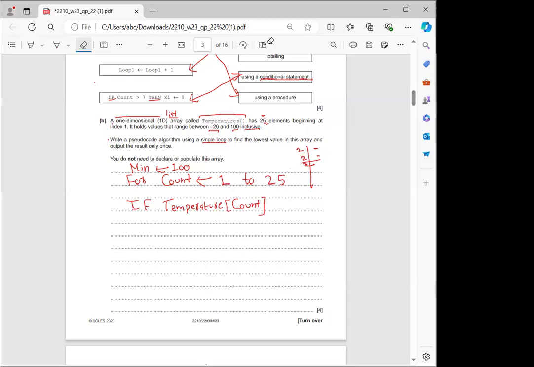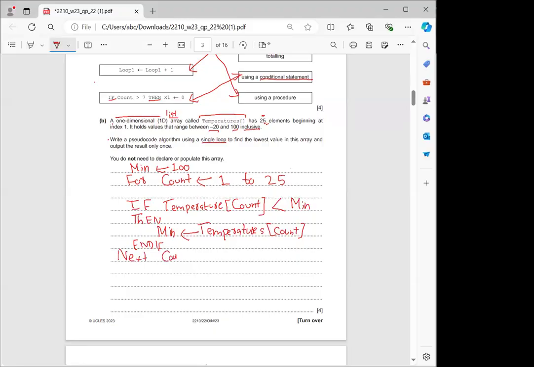So I'm writing here that if temperature count, that is, if whatever the value of temperature is in your series of count is less than your minimum value, which is right here 100, then what you need to do is set the minimum value as your temperature, whatever the value is of your count. And if